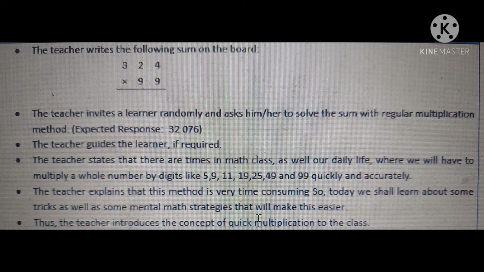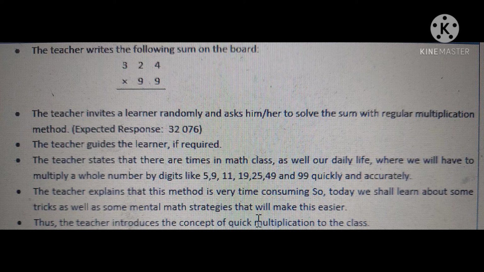Okay, now in the introduction, the lesson plan goes like this. The teacher writes the following sum on the board: 324 multiplied by 99. Okay. Next, the teacher invites a learner randomly and asks him or her to solve the sum with the regular multiplication method. Now, I hope every student knows the regular multiplication method, and the student will solve the sum on the board, and the expected response of the student will be